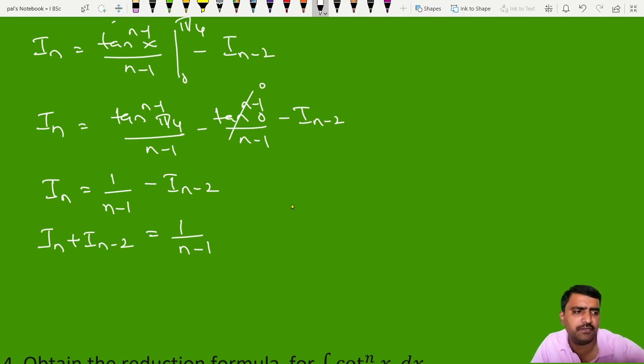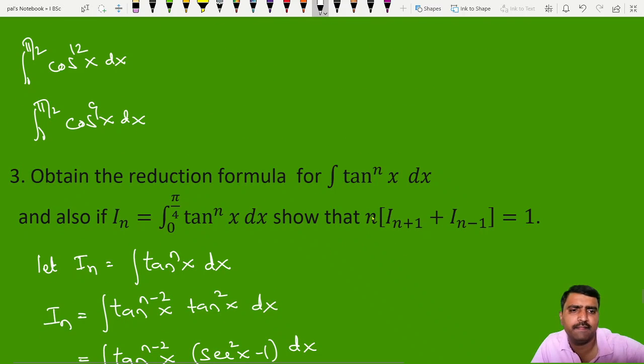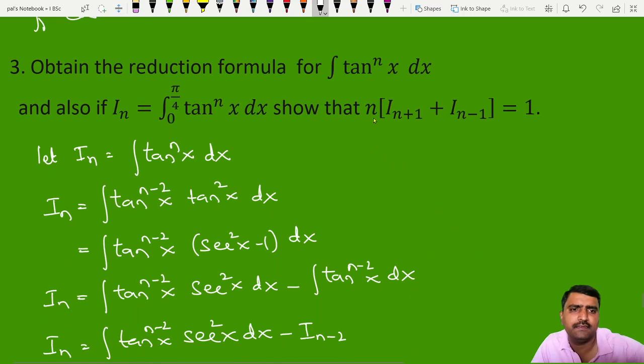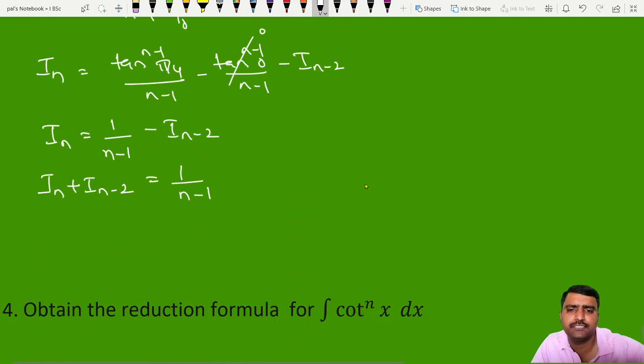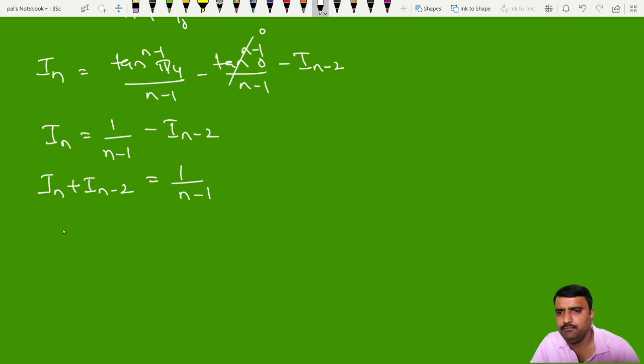So actually this is not the desired result. Here what we need is n. So to make it n, this should be n. To make this n, we have to replace n by n plus 1. Put n is equal to n plus 1 in the above result, we get that